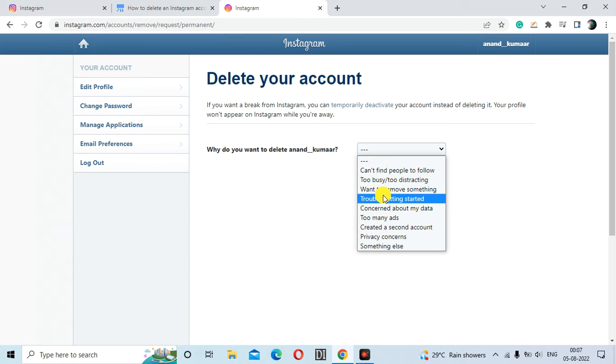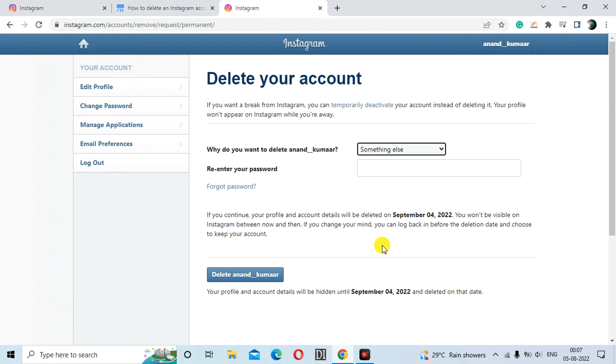So can't find people, trouble, want to remove something, or concern about my data, too many ads, create second account, privacy concern, something else. तो something else डाल देना एंड उसके बाद आपको पासवर्ड डालना होगा अगेन. सो जो भी पासवर्ड है आपको अगेन डाल देना है, ठीक है. एंड उसके बाद यहाँ बोल रहा है कि इफ़ यू कंटिन्यू एंड योर प्रोफाइल का अकाउंट विल बी डिलीटेड ऑन